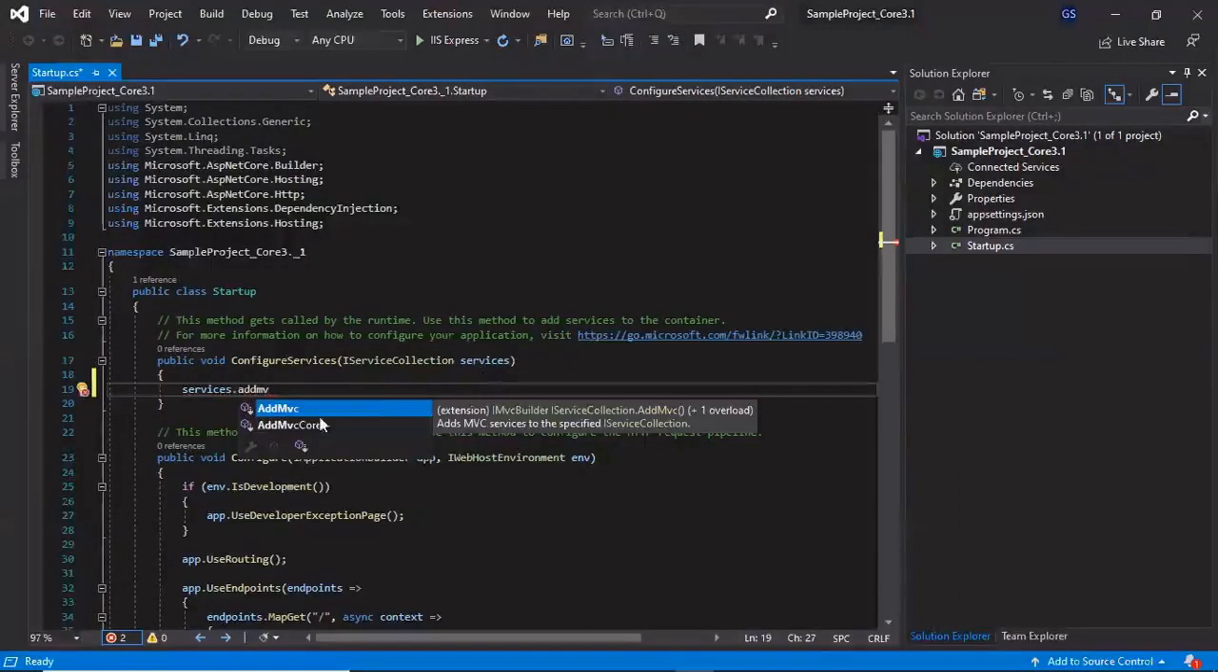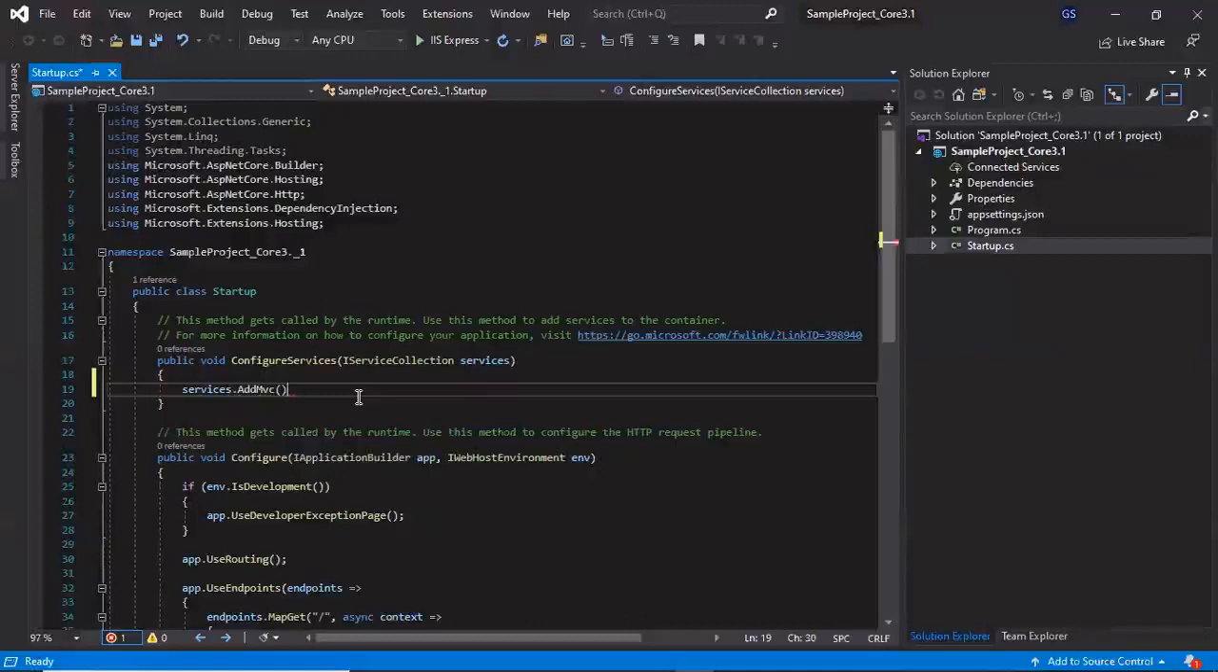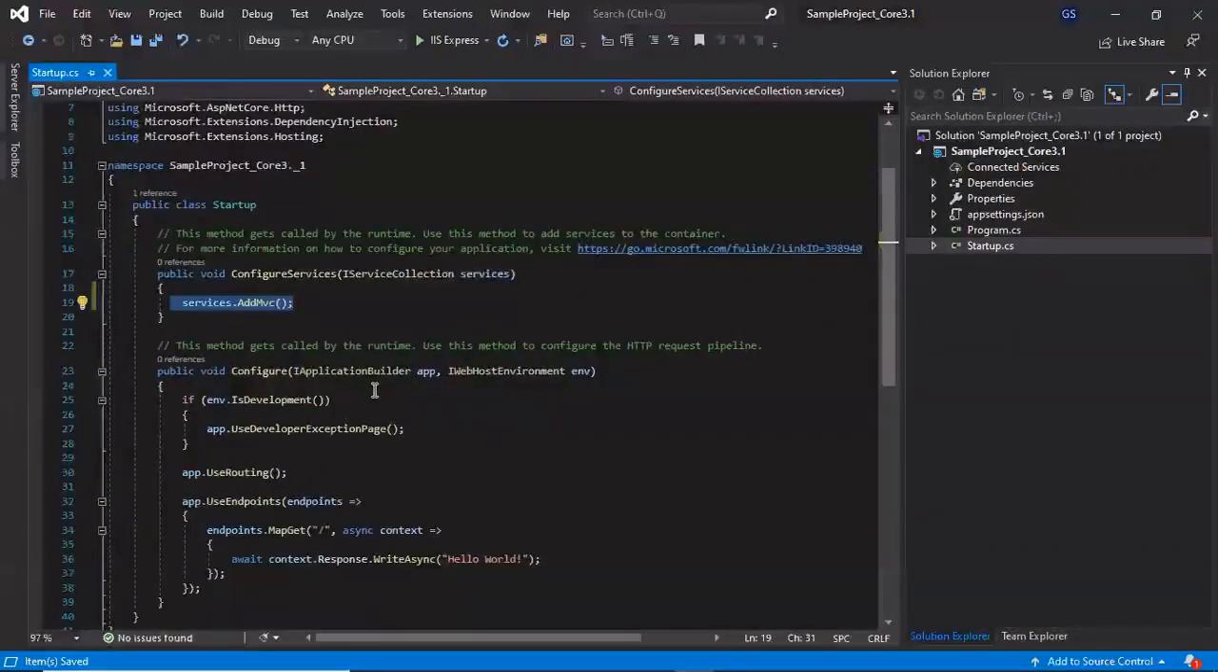If you notice, there are two methods. One is AddMvc and another is AddMvcCore. We will discuss these two methods in detail in our upcoming videos. For now, we will use AddMvc. Let's add. After adding the MVC into the service layer, we need to configure the endpoint which maps to our